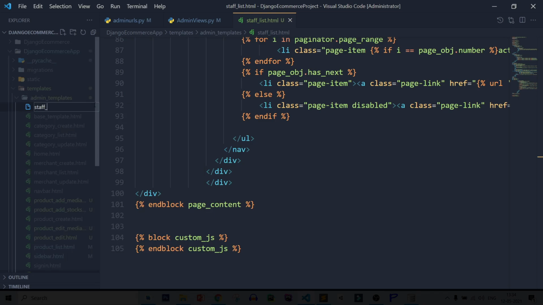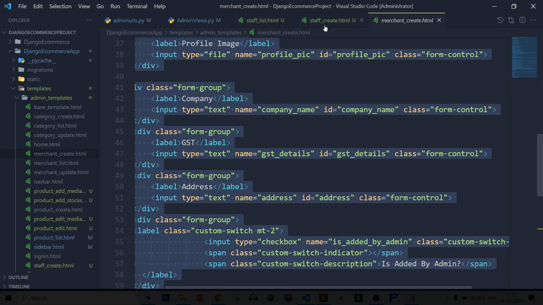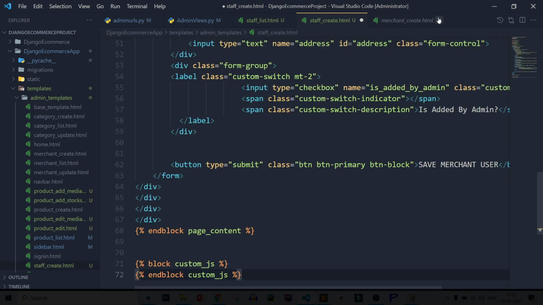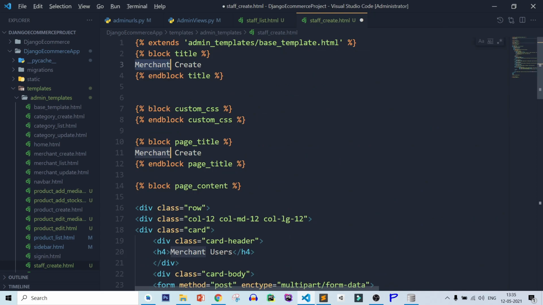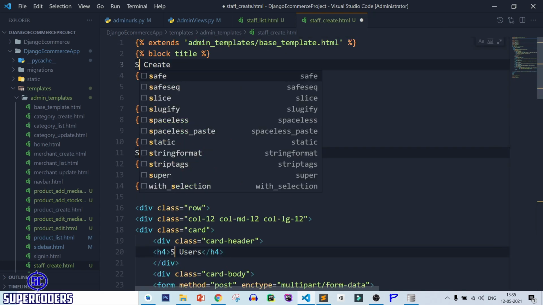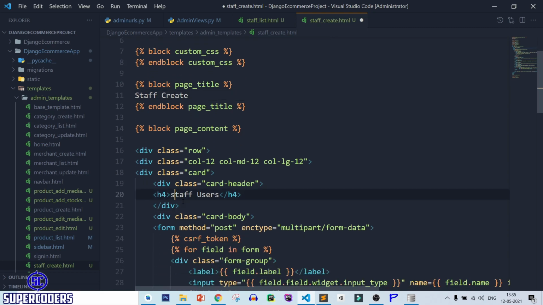Now let's create the page for staff create. So staff create dot html, and again copy the code of merchant create, paste it in staff create, close this page. Select all merchant, change it to staff, and staff.